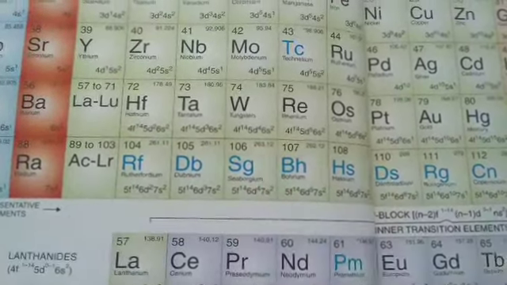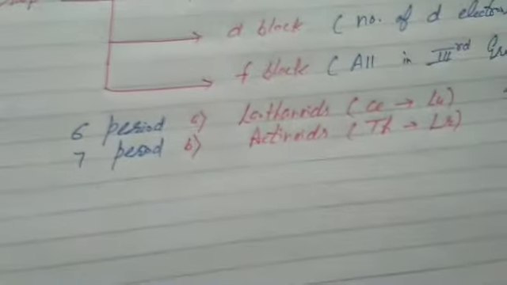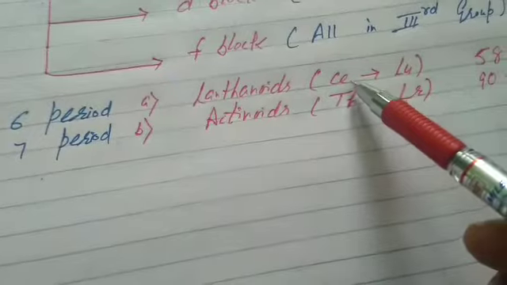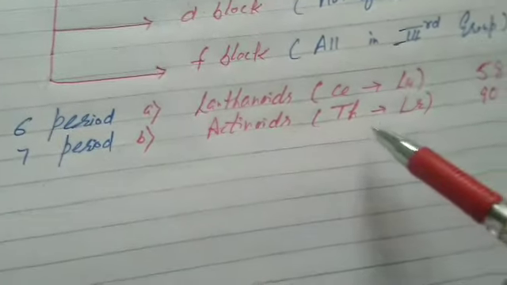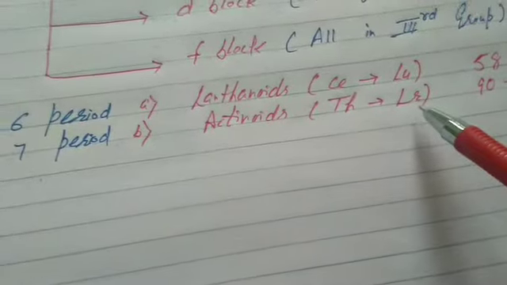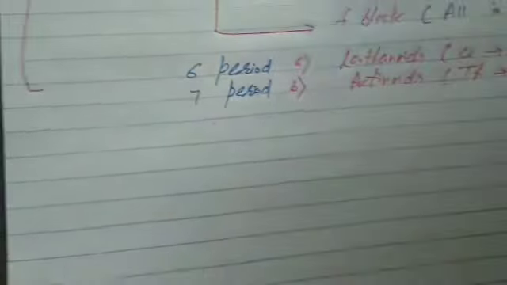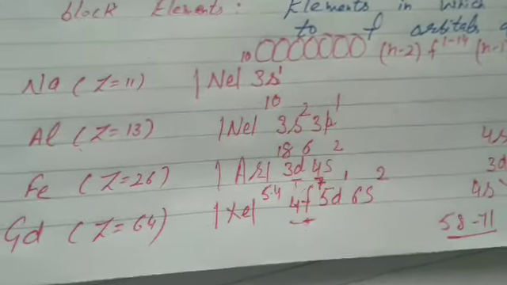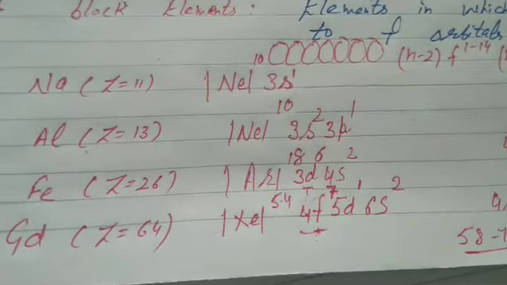It means for F block, what is our answer? Group 3. And period, already mentioned, is given by the valence shell. Remember, for lanthanoids 58 to 71, valence shell is 6, they belong to 6th period. And actinoids, that is 90 to 103, you should know, they belong to 7th period. Now these are some elements for which we first study which block they belong to, S, P, D or F. Now students, come to the short trick.